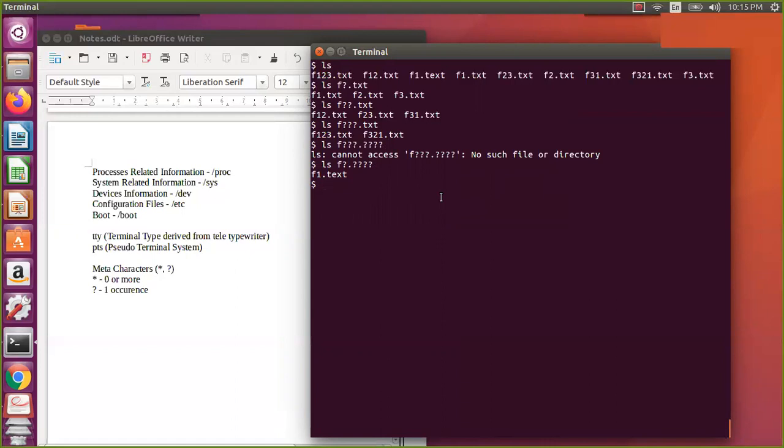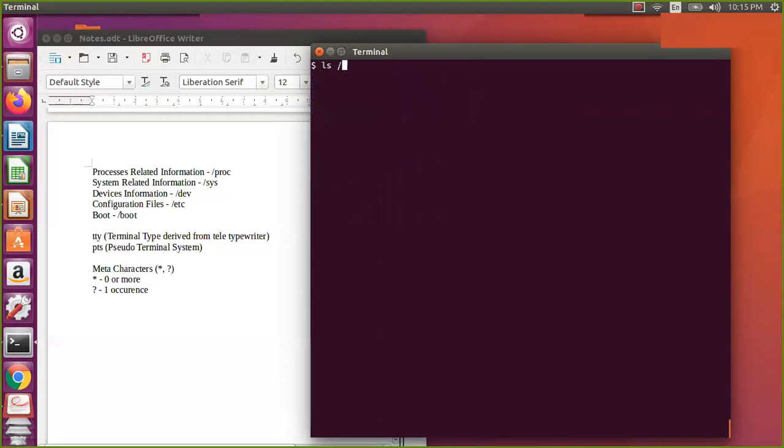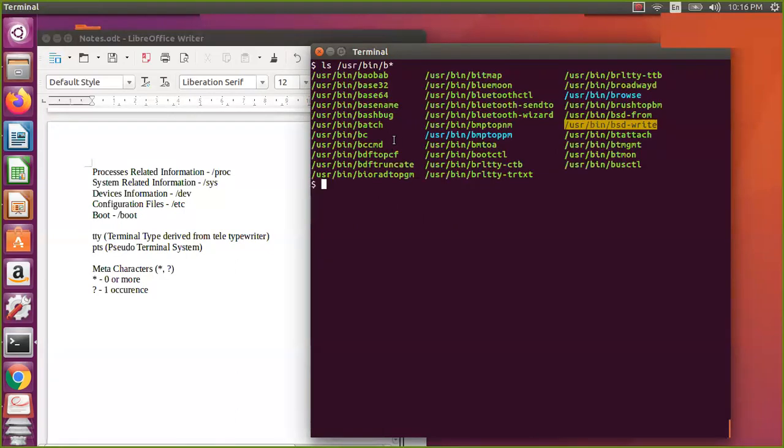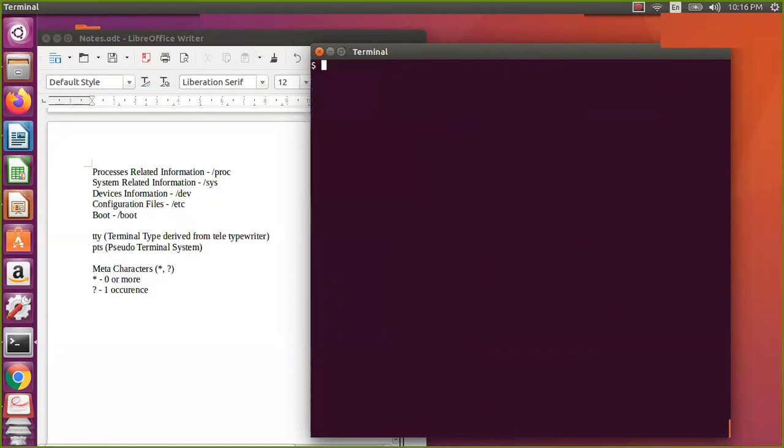So why did we discuss this? Simple. Let us assume in the user bin, when we see it, hundreds of commands are there. Let us assume I don't want all that, I want to navigate something. Let us assume I want to know only the commands which start with b. Or I want to know only the commands which start with c. Or I want only the commands which start with l, I am just taking this randomly, with four characters. It has to start with l, and then it can have three characters. Something like that.